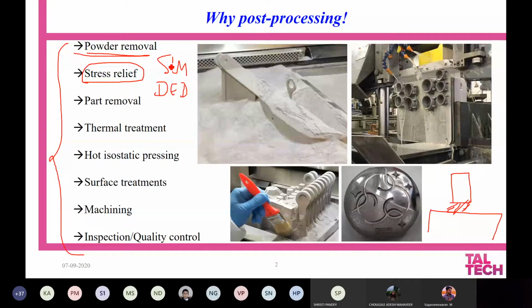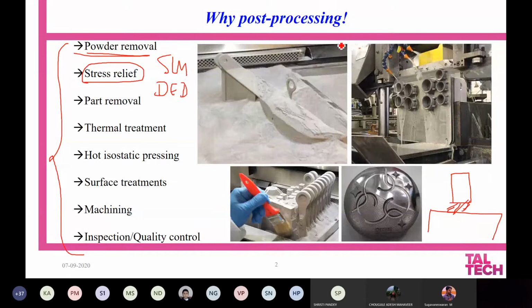When it comes to E-beam, since the powder bed is kept at high temperatures for quite a long time, there is no requirement for stress relieving operation. But in SLM and DED, since you have very high cooling rates, you have to go for stress relieving operation, which is a prerequisite.